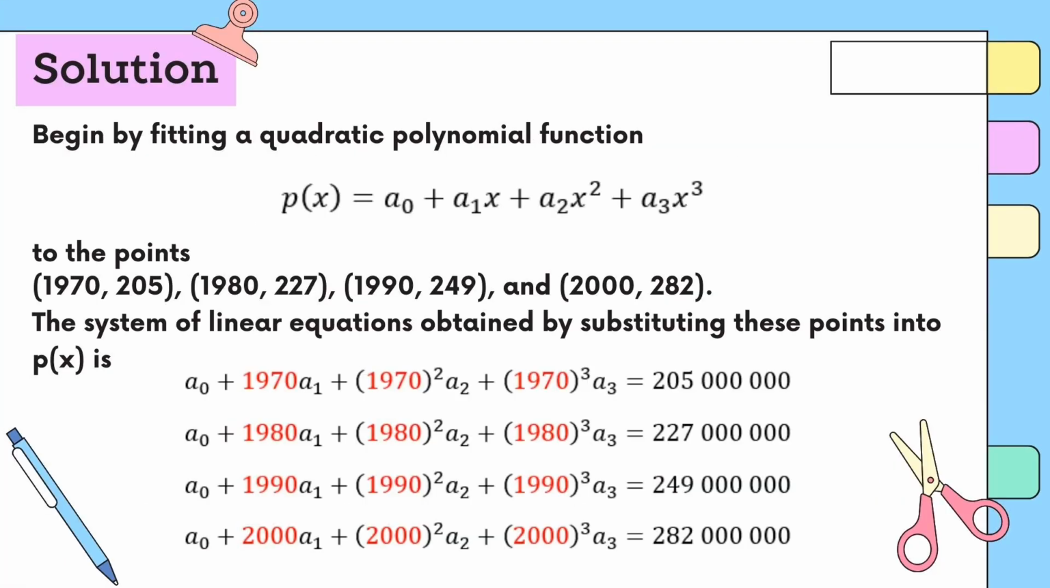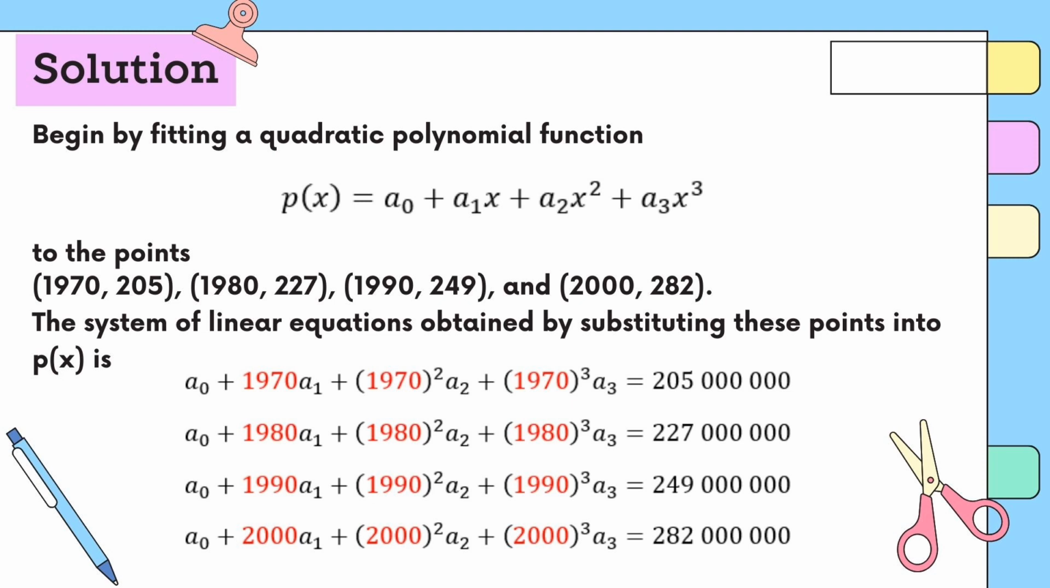To find the cubic polynomial, we begin by fitting a polynomial function. This function is represented as p(x) = a_0 + a_1 x + a_2 x^2 + a_3 x^3, where x represents the year and p(x) represents the estimated population. In 1970, the population was 205 million, in 1980, 227 million, in 1990, 249 million, and in 2000,